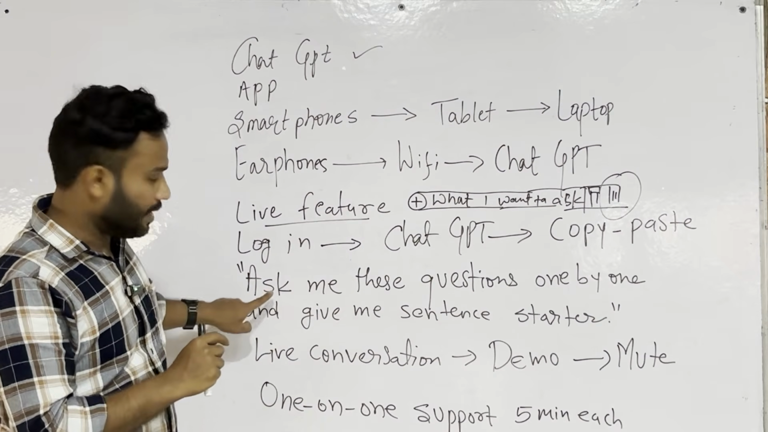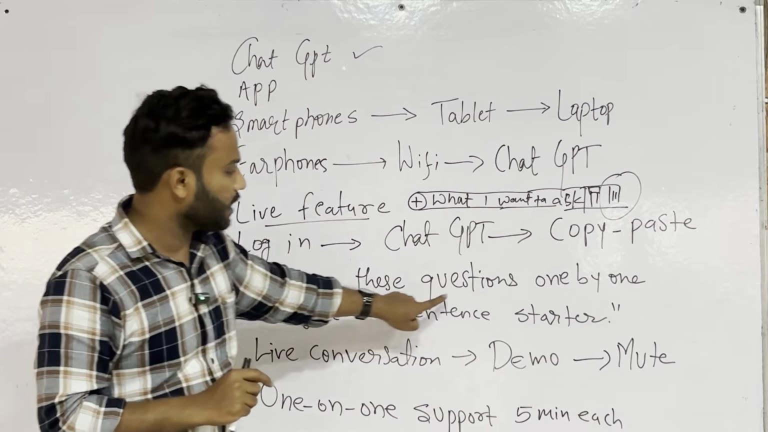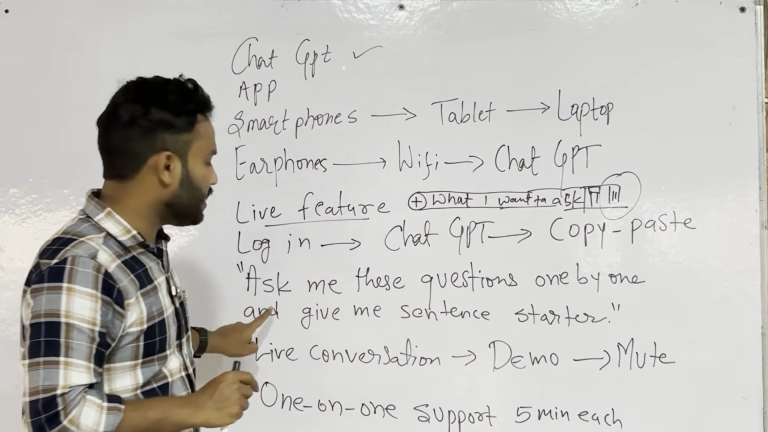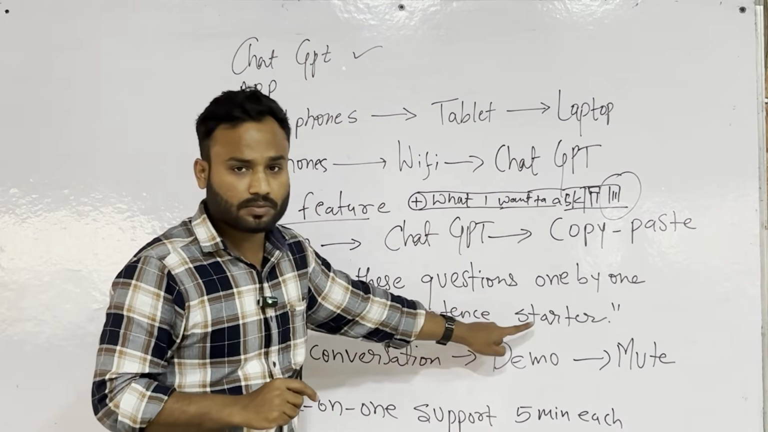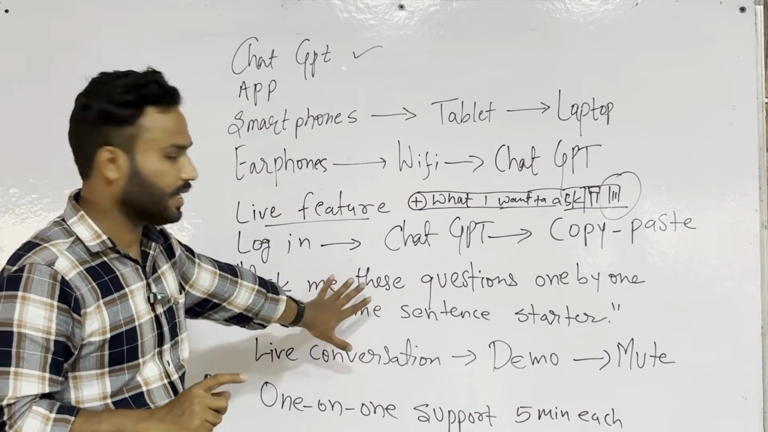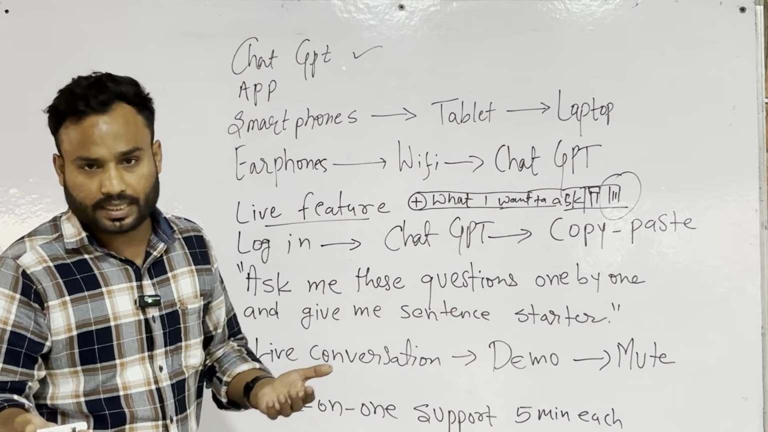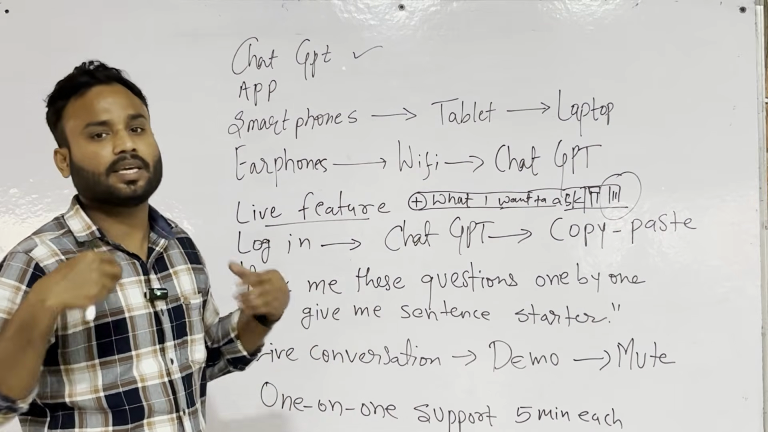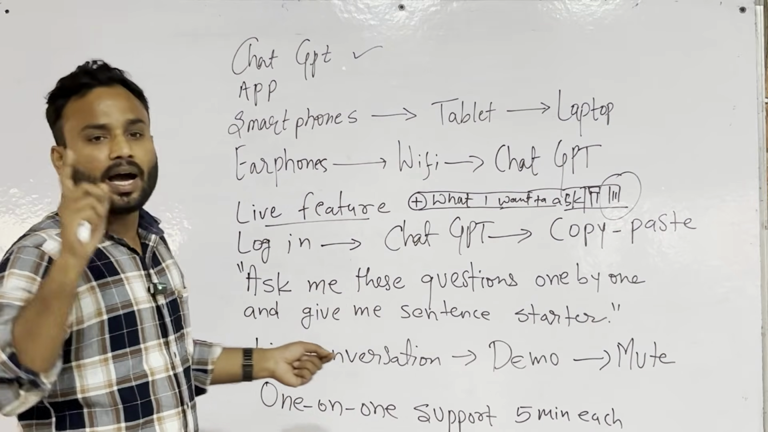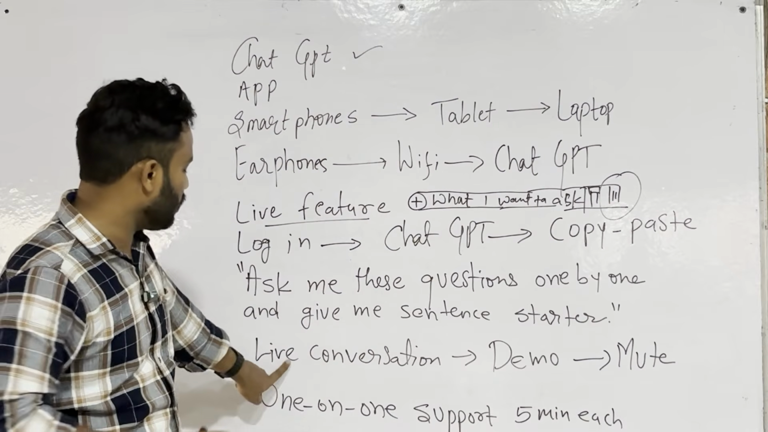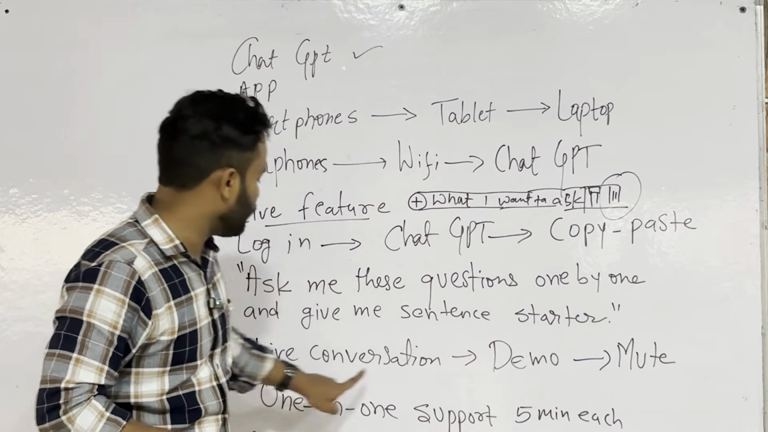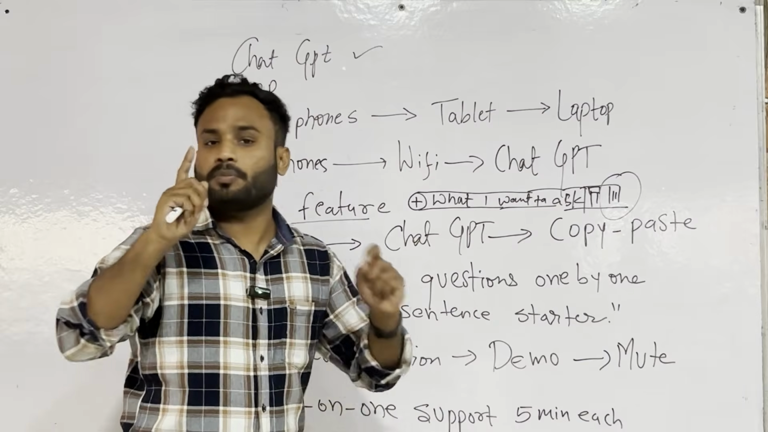Now we will say, "Ask me these questions one by one and give me sentence starter." This is what they have to say. Okay? Ask them to say it one time or maybe more than one time. Once you are sure that they can say it, now ask students to say this by using the live conversation part. But before doing that,